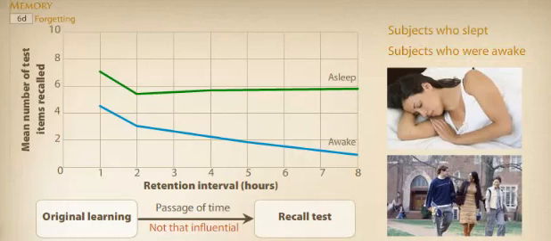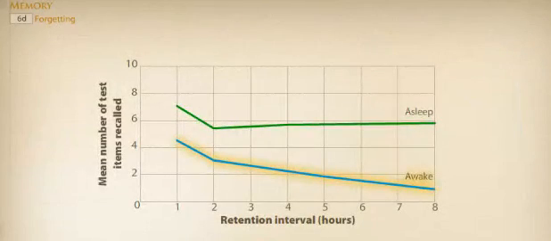What does that mean? So the subjects who remained awake forgot more than those who slept. The question then is why? The greater forgetting was blamed on the interference from competing information that they had to process while awake. So if you try to remember something and go right to sleep, there's nothing that's going to interfere with that